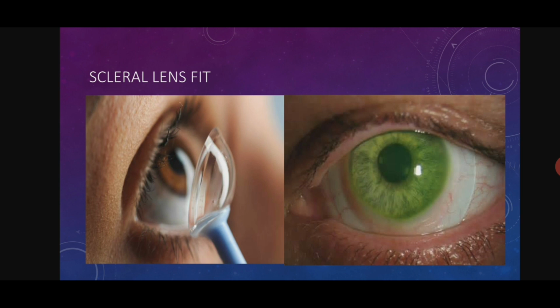We have to be very careful in case of keratoconus while fitting a contact lens, because the contact lens gives proper vision to the patient, but it can also cause harm to your patient. So you should be very careful while fitting a keratoconus contact lens, so that your patient feels happy and you will also be satisfied. Thank you.